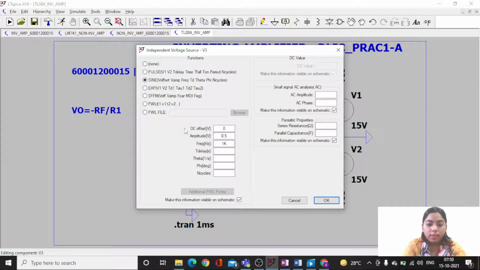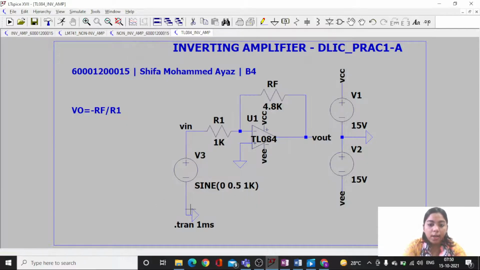Since I want 1 volt peak to peak input, I have taken 0.5 as my amplitude, and this is 1 kilohertz. According to it I have taken the stop time as 1 millisecond. You can increase it to get more cycles.